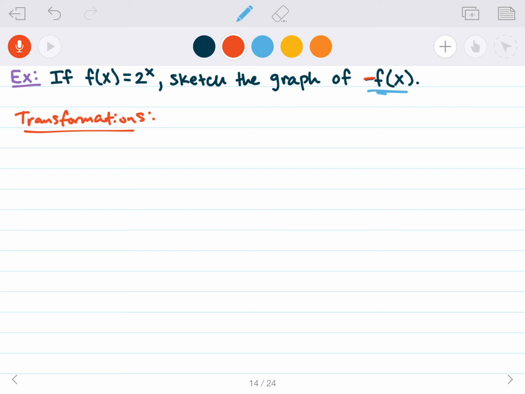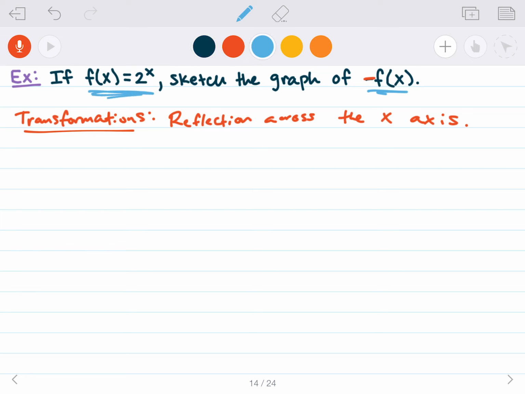Well, since the negative is being multiplied on the outside, this is a reflection in the x-axis. So this is a reflection across the x-axis. All right. So the first thing I'm going to do is make a table for my